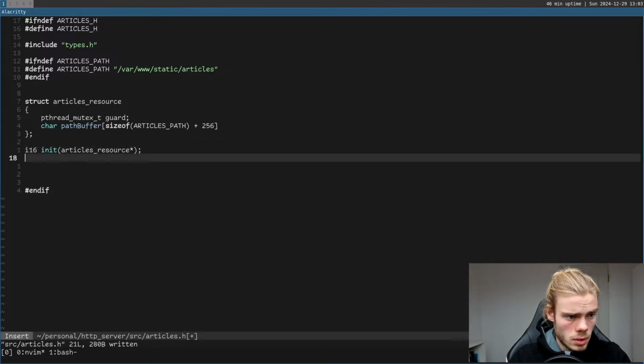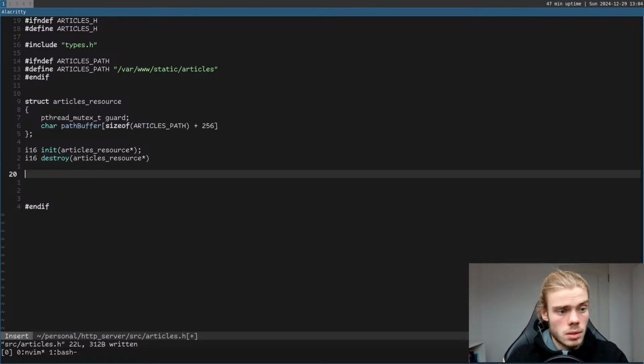And init it and destroy it. Which probably also returns an i16, and then put article gets an articles resource, and